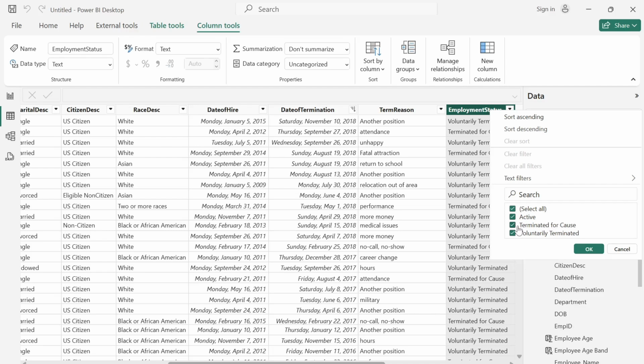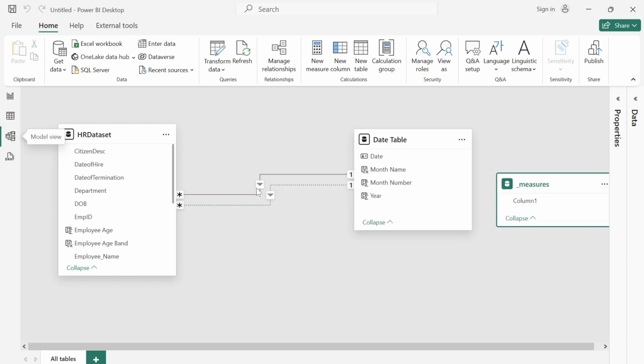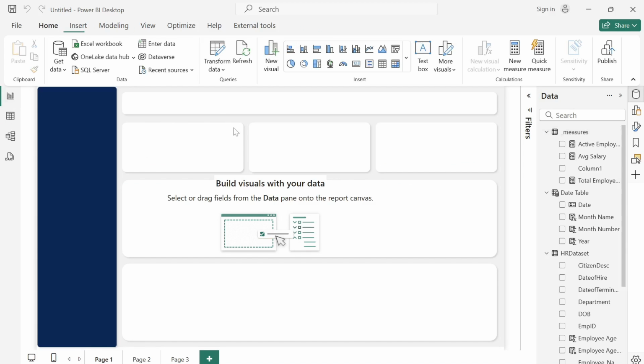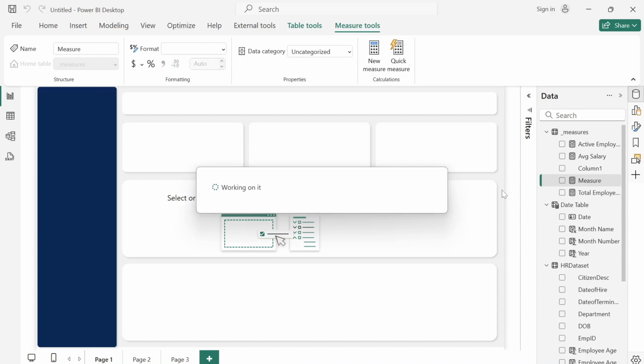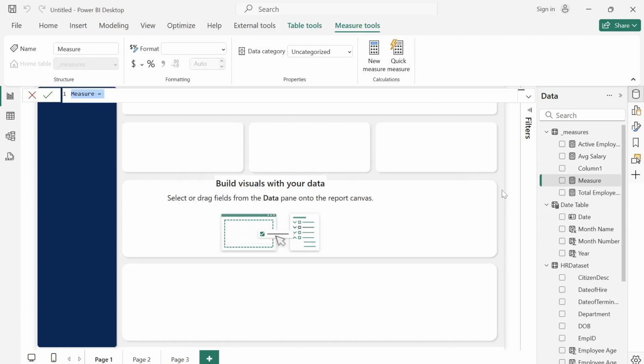And another thing about this particular measure is that we are now going to activate that inactive relationship that we had earlier here based on the date of termination, so that whatever slicer that we're using, our date slicer in this case, which is going to be coming from our date table, will work based on date of termination. So in order to effect that, I will right click on this new measure, terminated